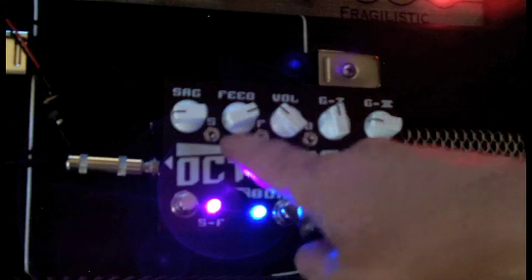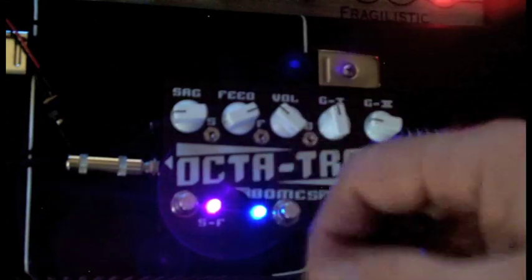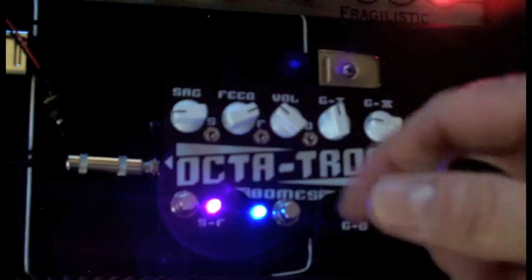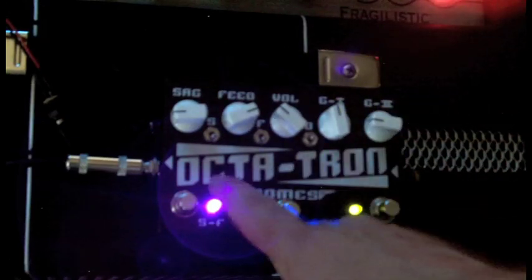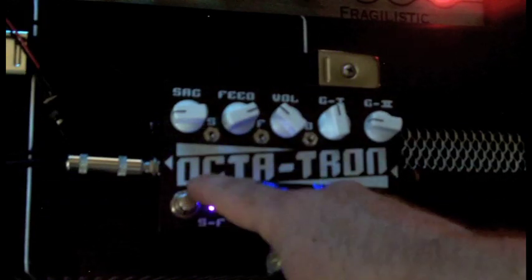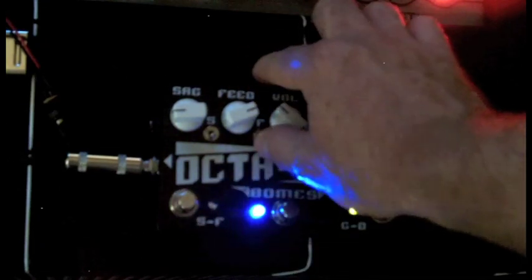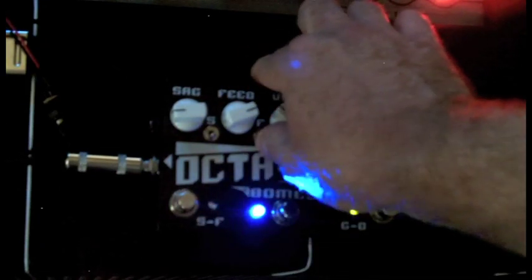So you can hear how the sag, when I actually turned it on, it made the feedback jump up in the register, and what it is since you're sagging the actual tone, you're lessening the gain of the pedal, so the pitch is going up. So that's kind of what was happening there. So if I turn the feedback on all the time and I switch between the two sags,